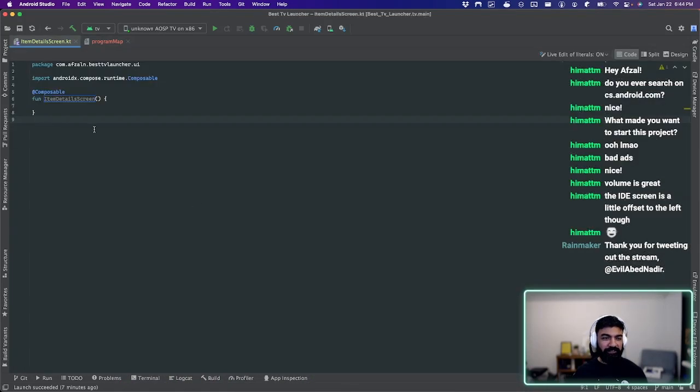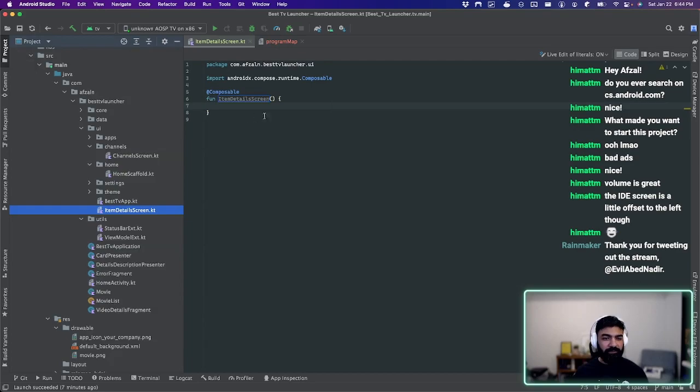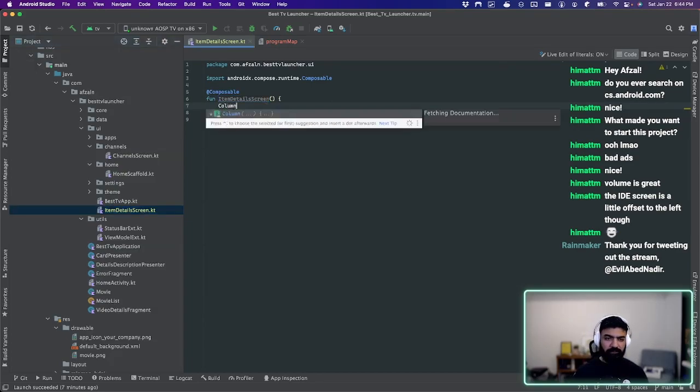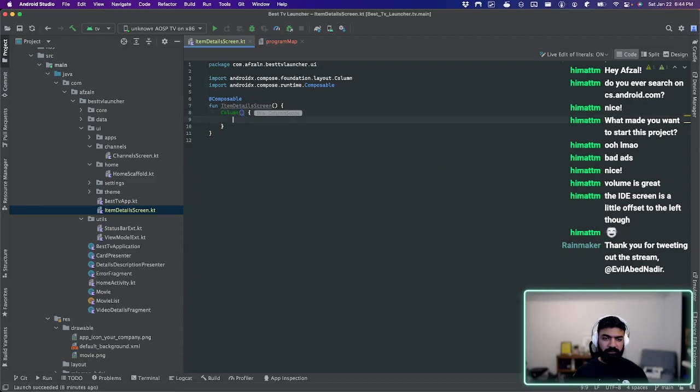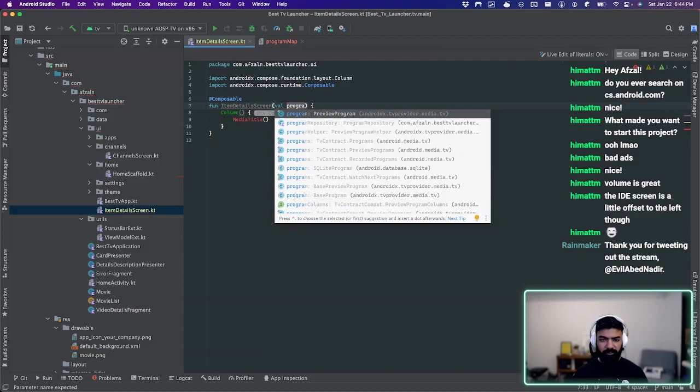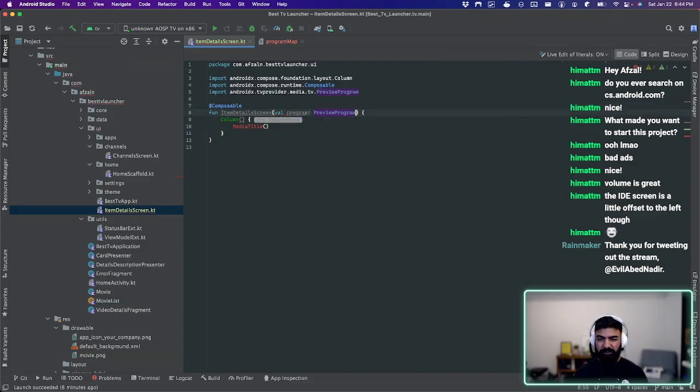So we are in IntelliJ. Okie doke. We have a column over here, and for the column we have media title. Ooh, and we're going to provide it with a program or preview program. I've been using the same data classes as